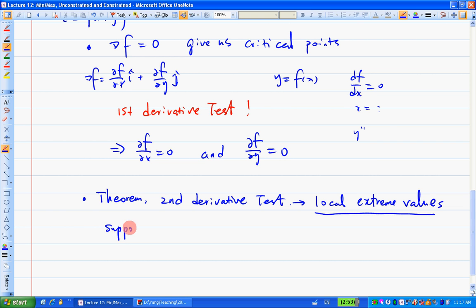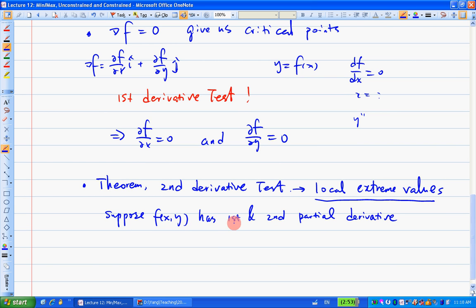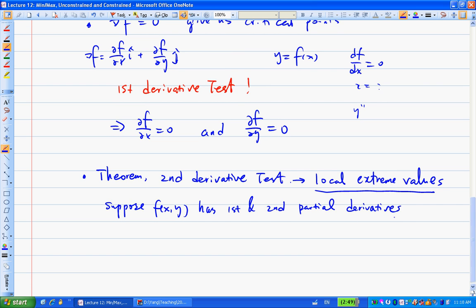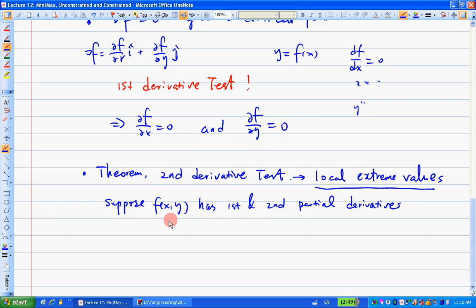Suppose this function has first and second partial derivatives, continuous in terms of first and second partial derivatives. Because if they don't exist, then we're going to have trouble. So that's another case. And then at a certain point,